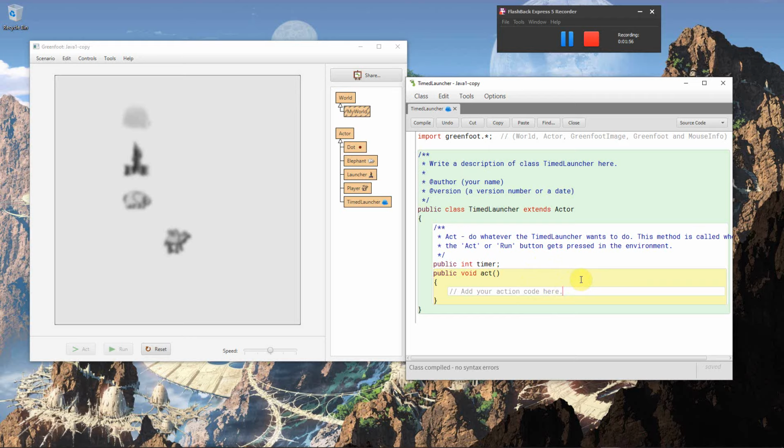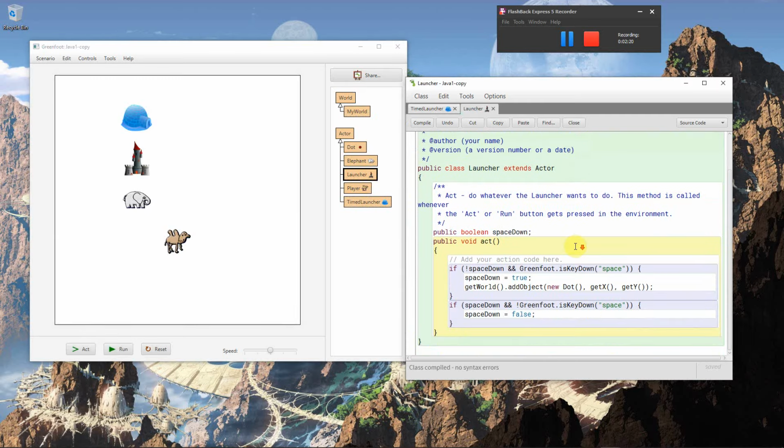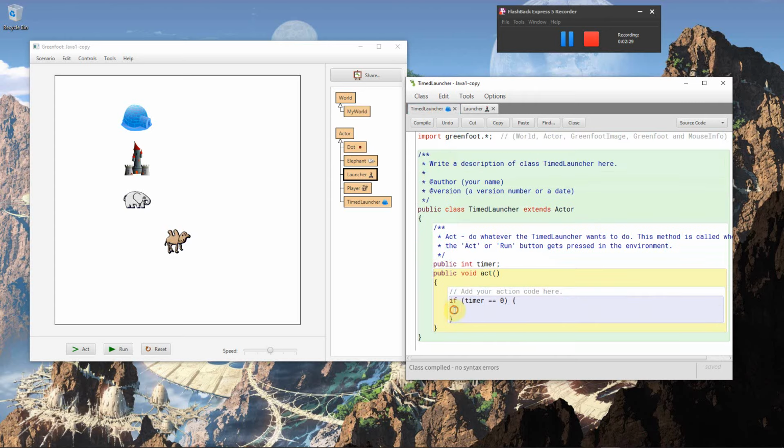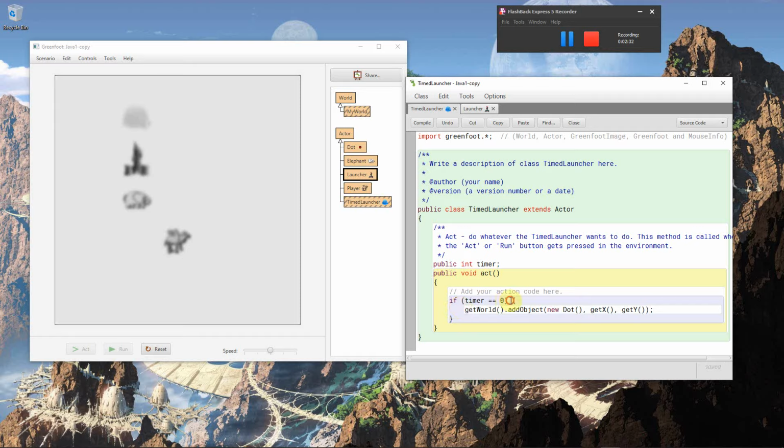And then we're going to create our if statement that says, if our timer equals 0, we're going to launch a new actor, and we can take a look at that code as a reminder down here. We say getWorld, addObject, new Dot, getX, getY. I'm just going to copy this over here. Now we have if our timer equals 0, we're going to launch a new dot,